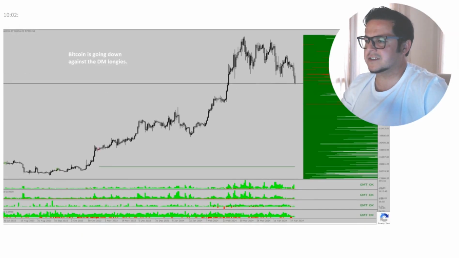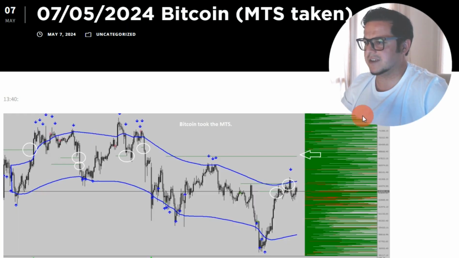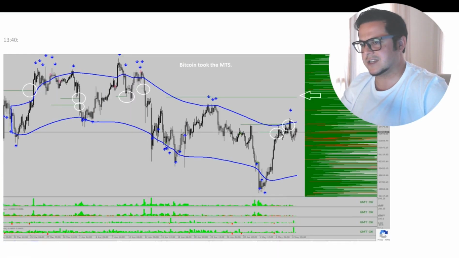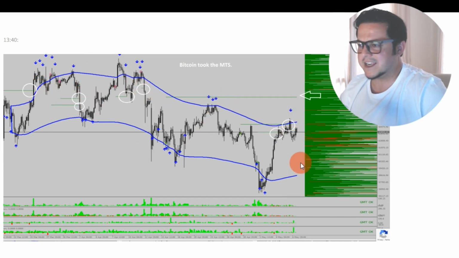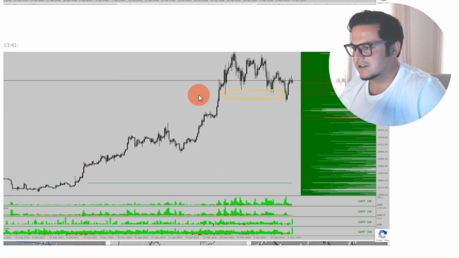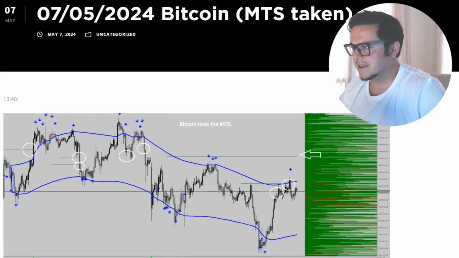Bitcoin has been very interesting. So first it went down against the longies, but then we had complete MTS runs. We had a slaughterhouse. Okay, look at that. Up, down, down, down, up. Taking everything left and right, yeah. So what we predicted many times ago. Took all the lows, all right. So then longies got kicked out. So now it looks kind of bullish again, as you can see from today.